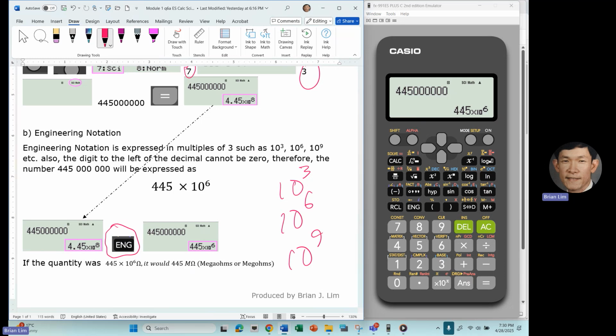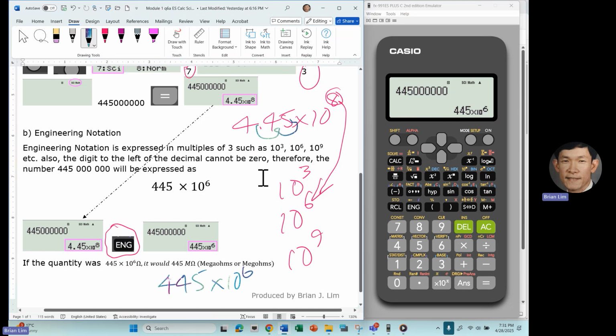But you don't have, as it does with the scientific, something like 4.45 by 10 to the 8th. So what happened here is that it went down. So it went from 8 to 6. So in so doing, the decimal moved 2 places to the right. And so that is why the result is 445 times 10 to the 6th. Okay, so that is how engineering and the scientific notation is executed on your